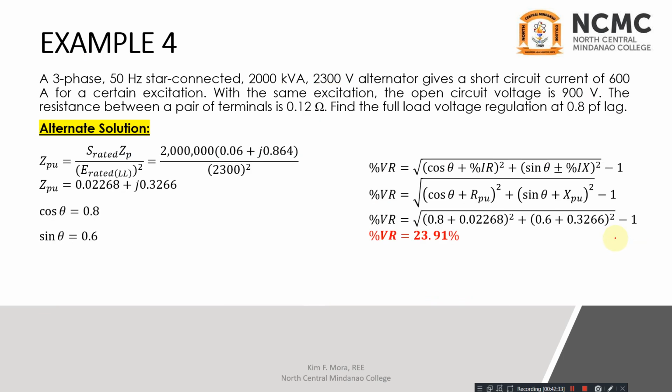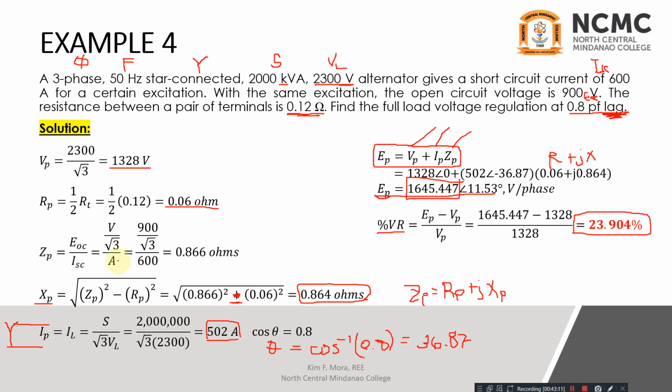Okay, so let's have another. This is the alternate solution using the alternate formula, no, if given ka og per unit nga mga values. So first nimong buhaton is to find the impedance value niya in per unit, and that is given as S rated times the Z impedance nato per phase over the E rated nato, no, sa line to line nato squared, and that is equal to 2 million mao man itong S. Then na-solve na nato ganihang ZP, so wala na ako gipakita dere. So again, ZP nato is